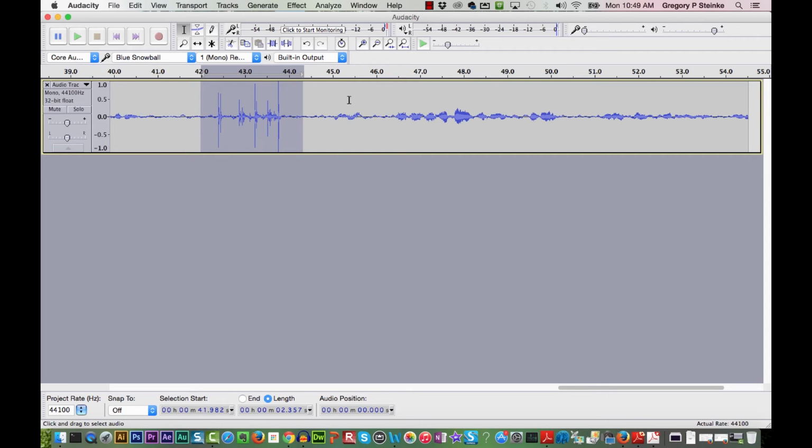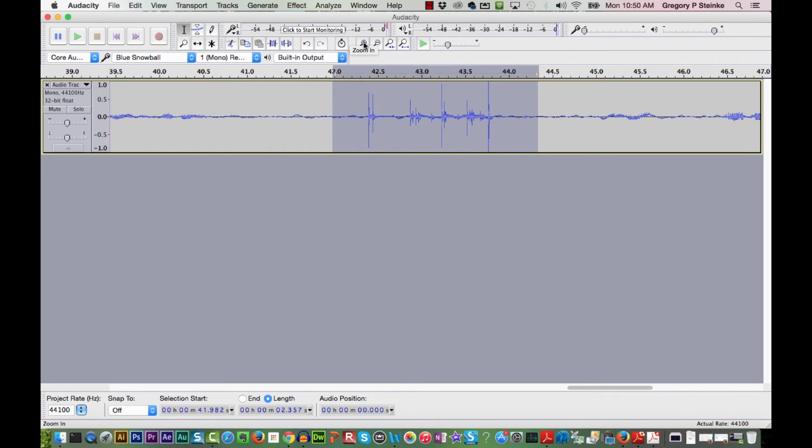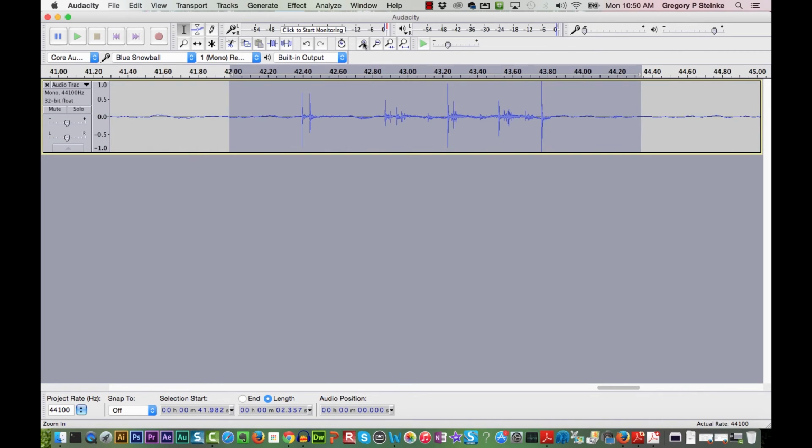If you want to zoom things up and make your recording a little easier to deal with, you can just use the zoom button. That will zoom it on up and you can get a better look. The clicks are actually pretty clear in here. This first one is right here. The second one is here. Third one is here. Fourth is here. And the last one's down here.